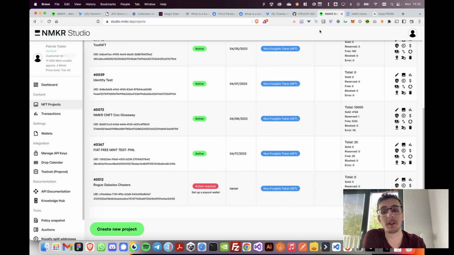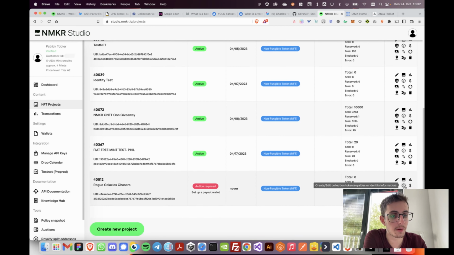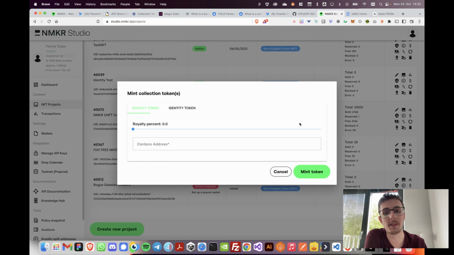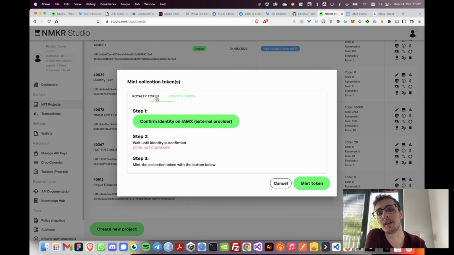So in NMKR Studio, what you can do right now is you can click on this button, create edit collection token. You can click on this, and then you can say, okay, first of all, you can set the royalties here. That's what already has been happening in the past, right? Nothing new. But then there's this new tab at the top, and there you can click and create your identity